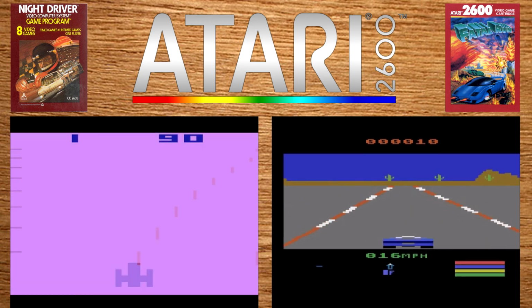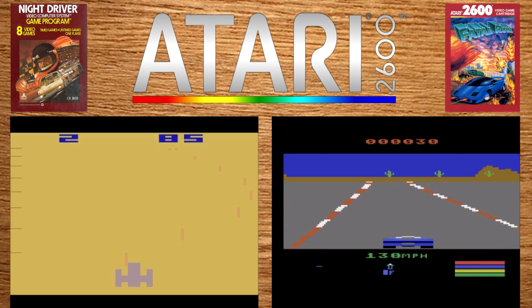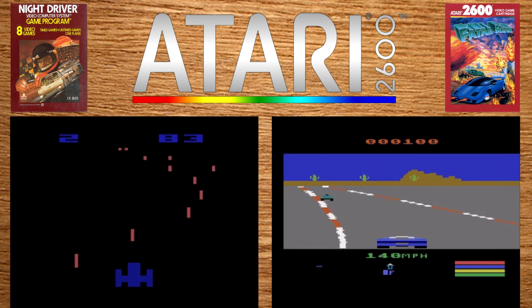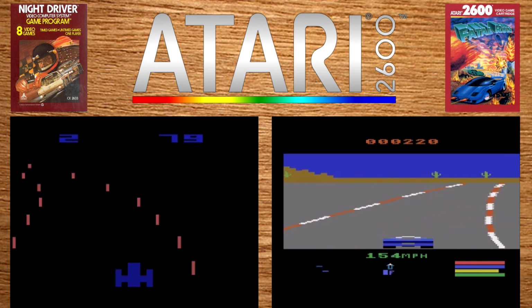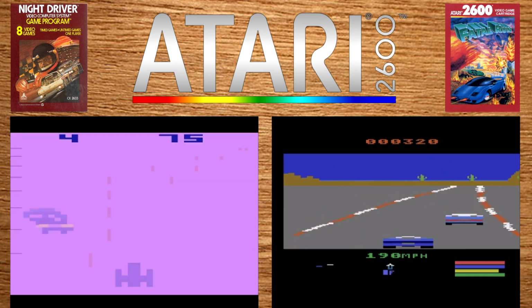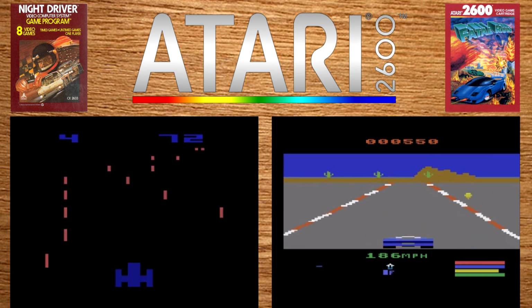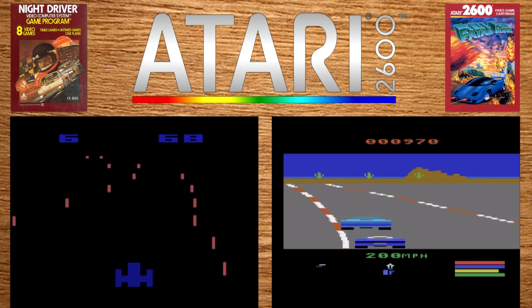A conversion of the 1976 arcade game of the same name, the 2600 port of Night Driver was put together by legendary programmer Rob Fulop of Imagic and Night Trap fame. The original coin-op was a simple black and white affair where the car was an off-screen overlay and the road was nothing more than 2 lines of blocks. The VCS version did improve on this somewhat by adding colour, scenery and actual cars, but it was still pretty